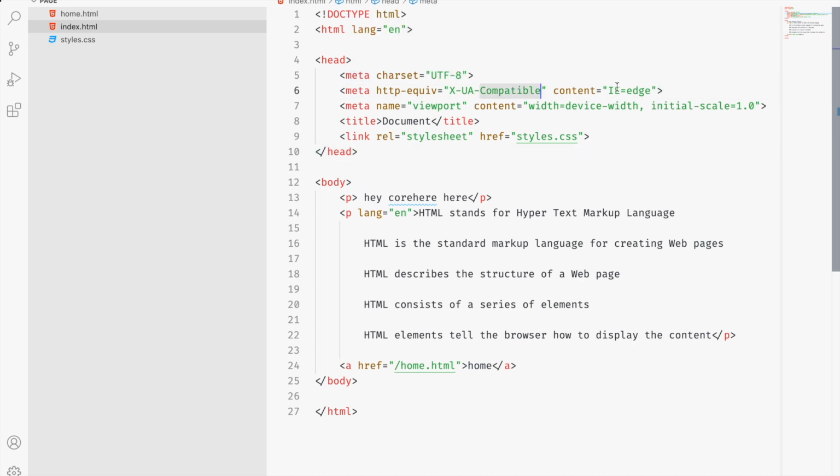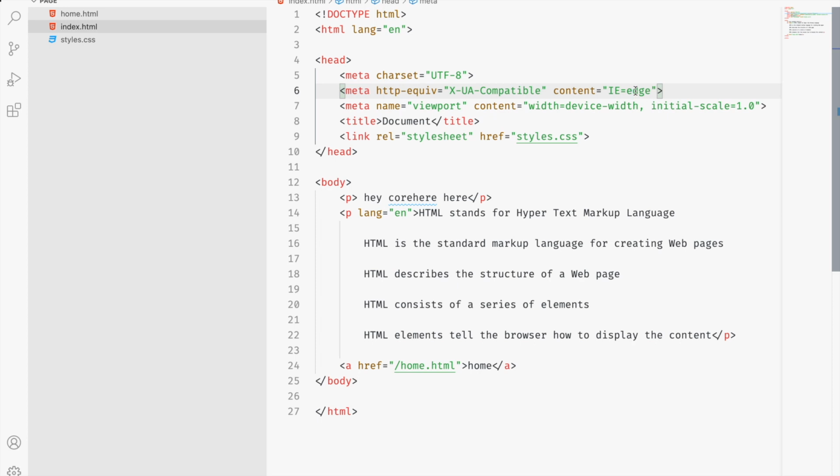Next meta: http-equiv X-UA-Compatible, IE=edge. This is only for Microsoft. It's IE equal to edge. We could use IE equal to 7 or 8, which is an actual IE browser version. If you didn't mention this, IE edge is the latest one, so we are just telling it to use the latest IE browser.